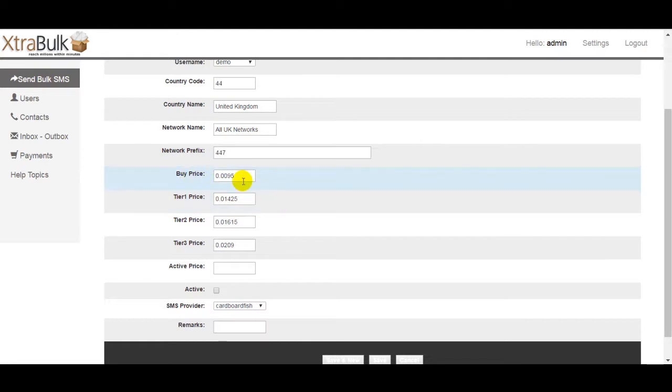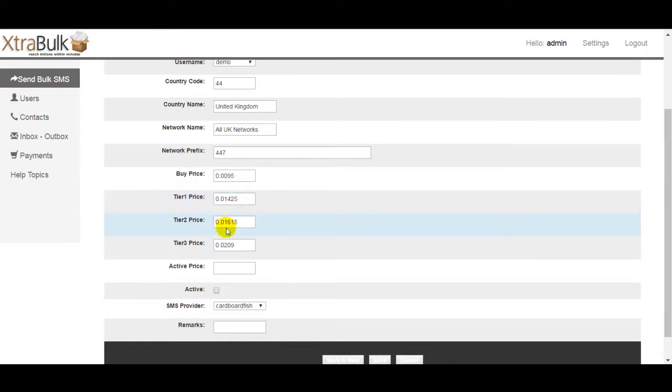Here, for your own records, you can enter your buying price, the price that you bought from your SMS provider, as a reference. And here you can display, you can have three levels of pricing, where tier 1 is the cheapest,